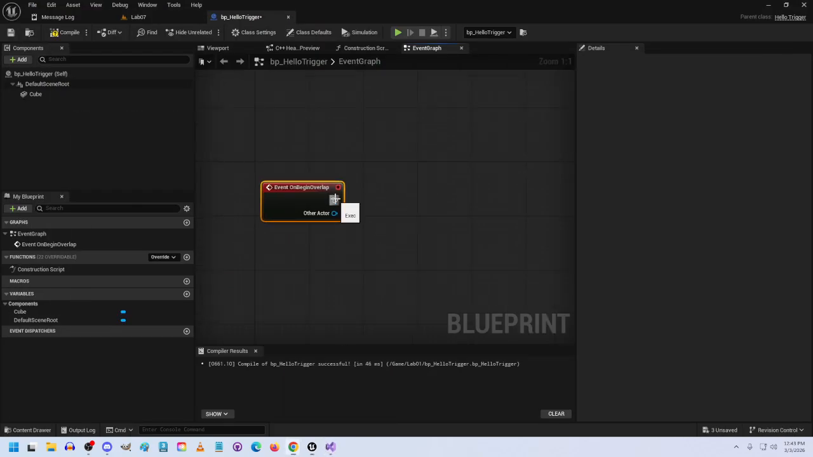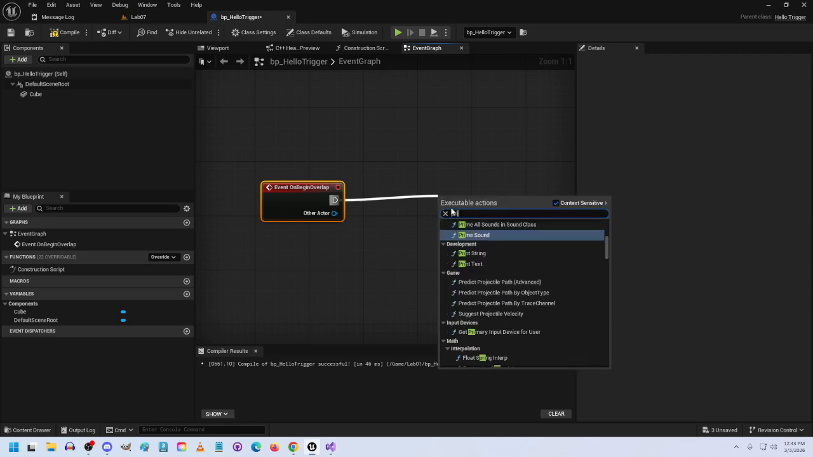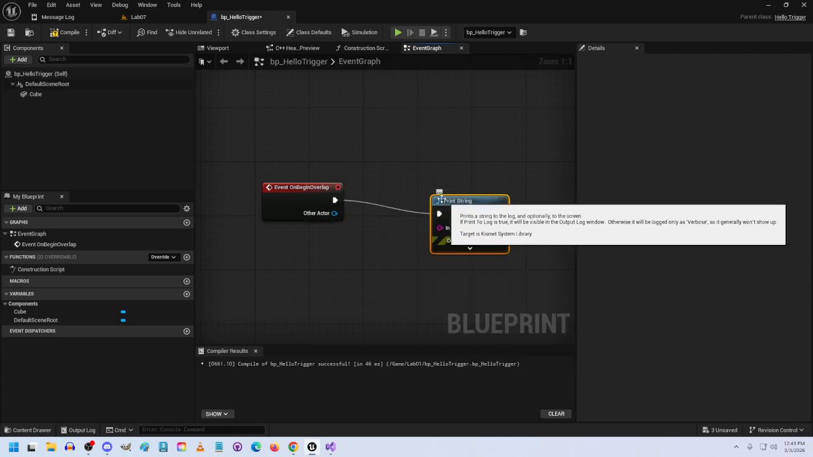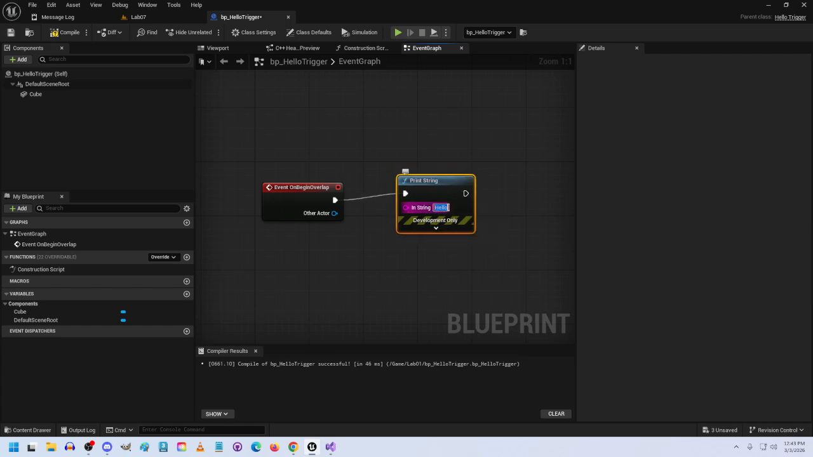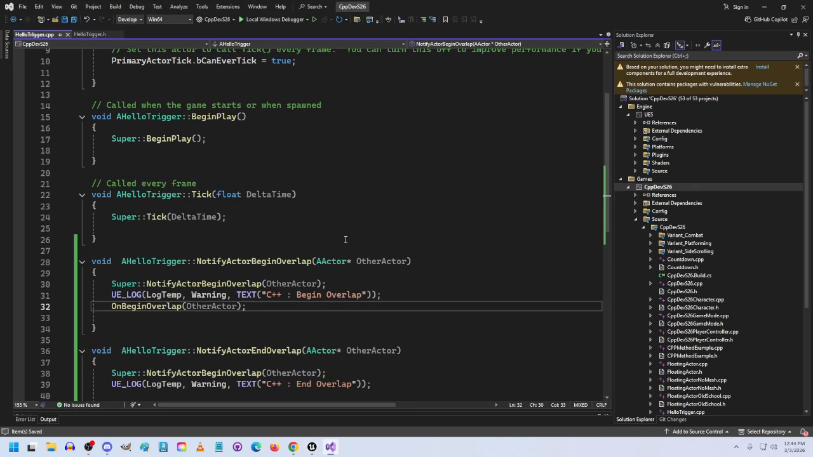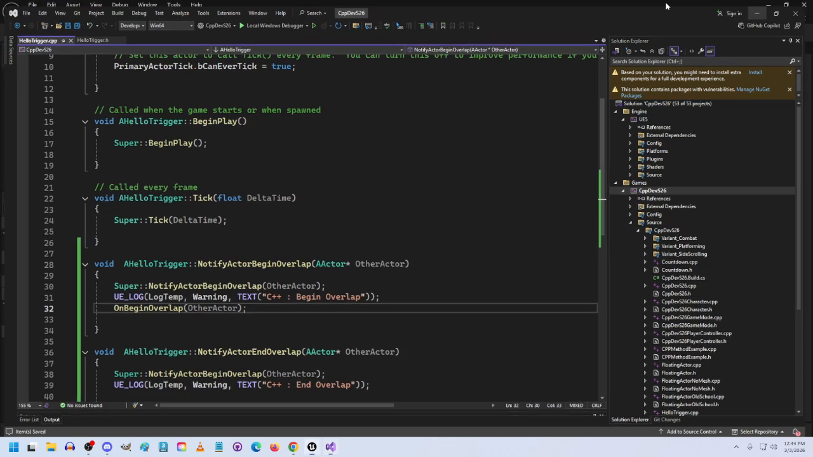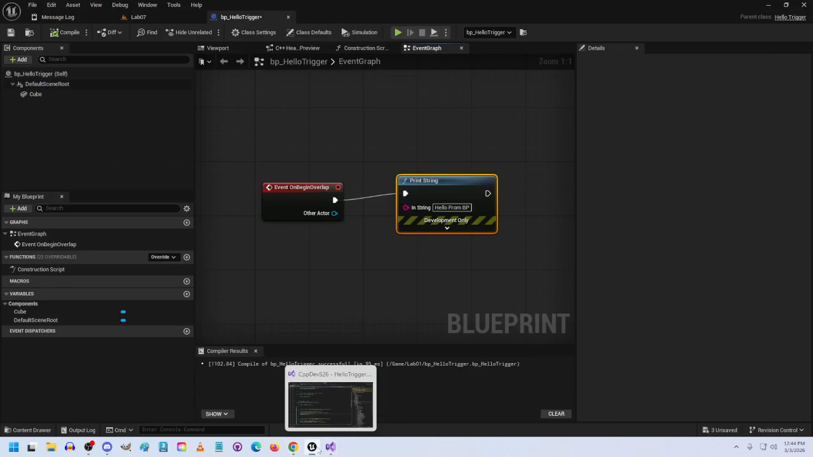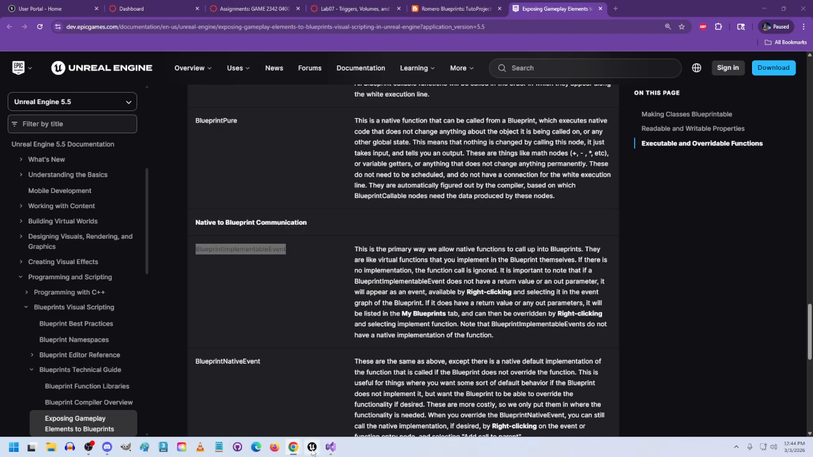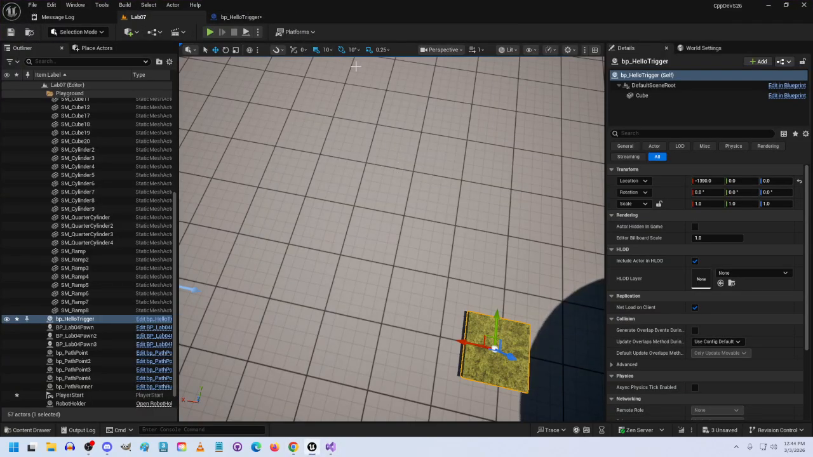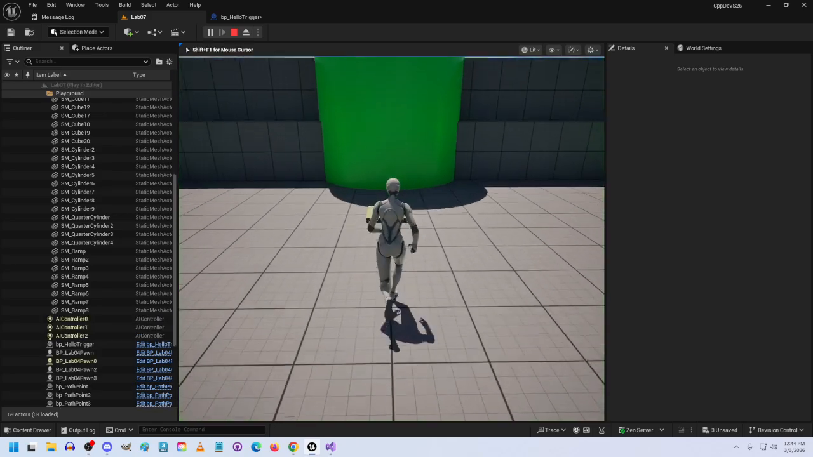For our purposes right now, we're just going to go print string. I'm just going to say hello from Blueprint just so we can see that. And then we can go back to the editor, back to the level, press play. And if I run up to it,